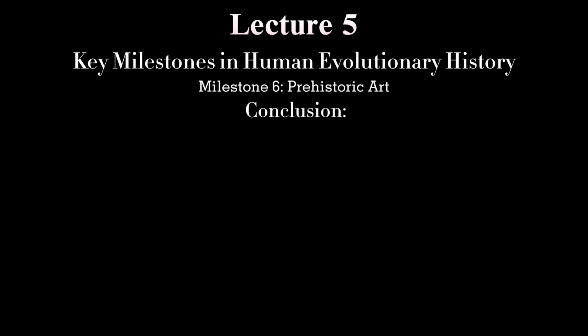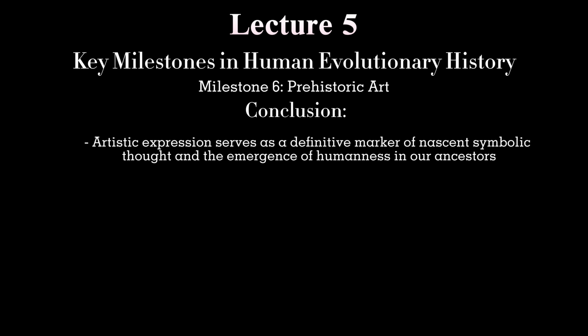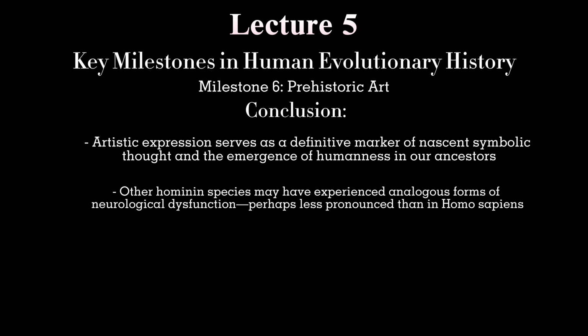Our conclusion regarding prehistoric art is that artistic expression serves as a definitive marker of nascent symbolic thought and the emergence of humanness in our ancestors. Other hominin species may have experienced analogous forms of neurological dysfunction, perhaps less pronounced than in Homo sapiens, due to differences in brain size and neural architecture, which may nonetheless have contributed to their eventual extinction. Their decline, therefore, may not be solely attributed to external competition with Homo sapiens, but also to an unresolved internal